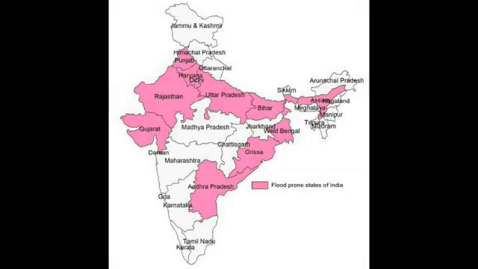So, children, observe this map closely. The areas which are shaded in pink color are the flood-prone states of India, especially Andhra Pradesh, Orissa, West Bengal, Gujarat, Rajasthan, Himachal Pradesh, Punjab, Uttaranchal, Delhi, Uttar Pradesh, Bihar, Sikkim, Assam, Nagaland. Whatever region is shaded in pink color, they are the flood-prone states of India. So frequently floods will be there. Other states also have floods, but the frequently flooded states are given in the map. So, we have to know that.